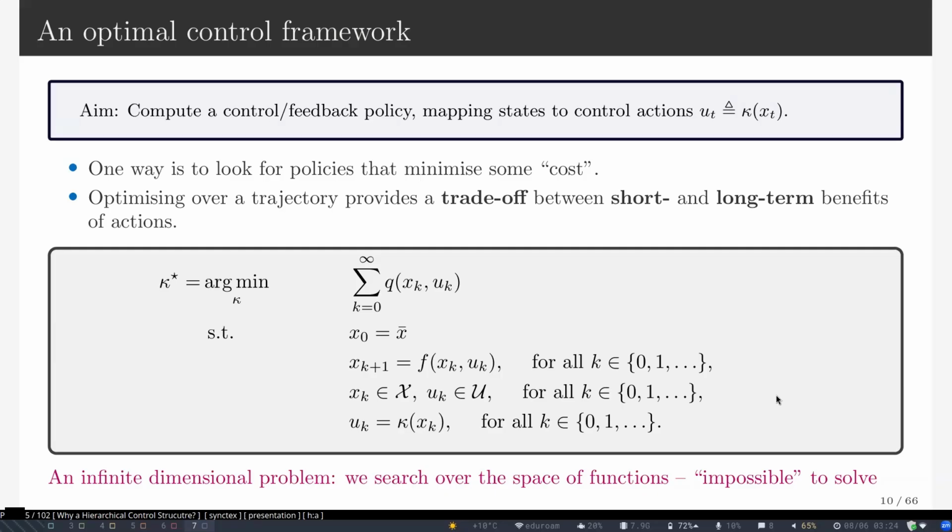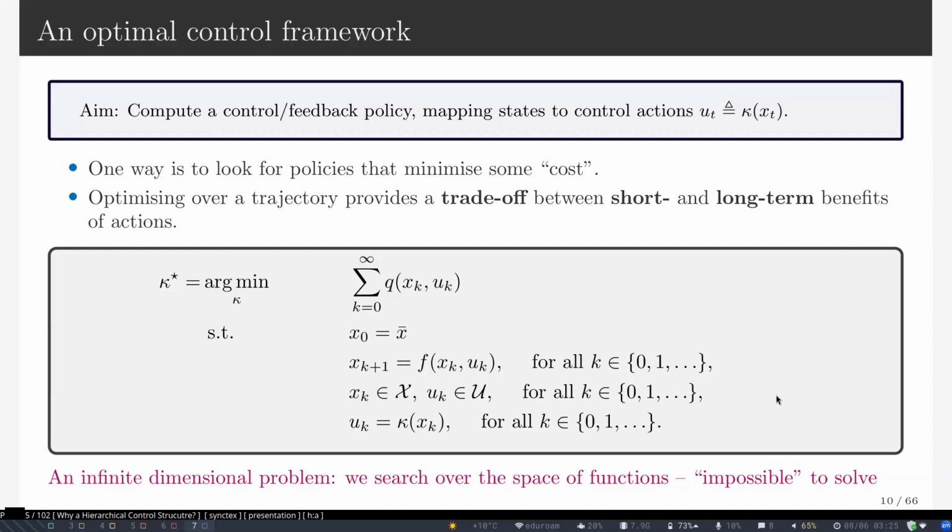So one way to look for policies, to be able to differentiate different policies, is through the machinery of the cost. And really try to optimize. When I say trajectory, it's a very meaning-laden word. It means the behavior of the system over a period of time. So whenever I talk about trajectory, that's what I mean. It's about the trade-off between short and long-term benefit.